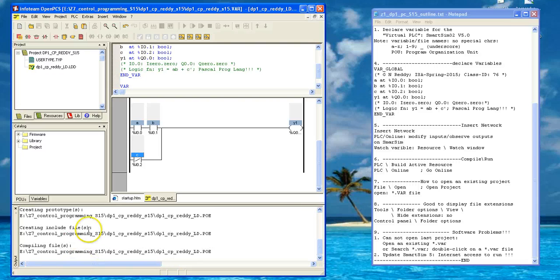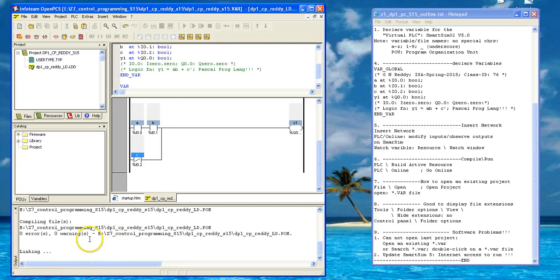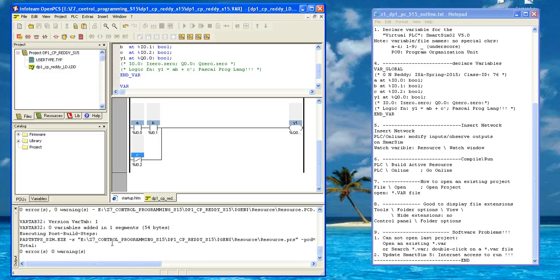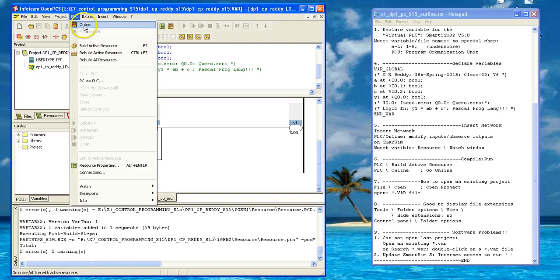Here in this output variable, you will see if there are any errors. In this case, there are no errors, 0 errors. If that is the case, 0 warnings. So you'll be able to run it. To run it, you can click two ways: go online, or you can go to the PLC online. Any one of them will do. So when you run it,